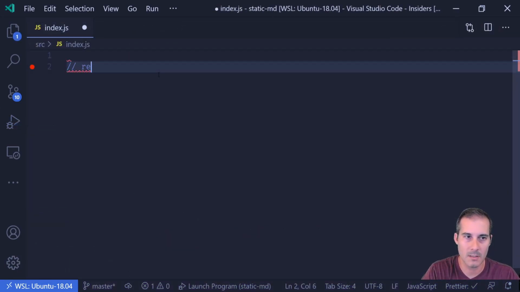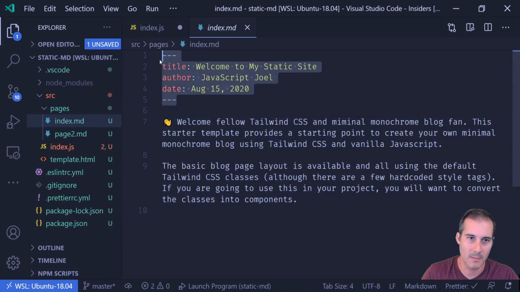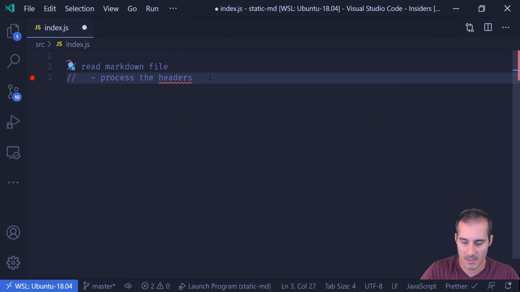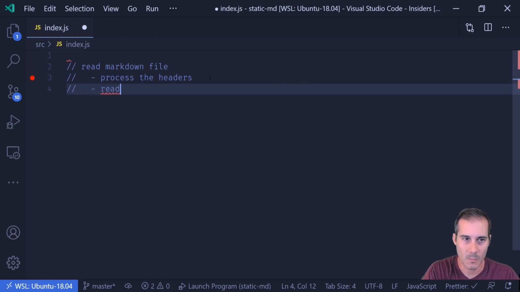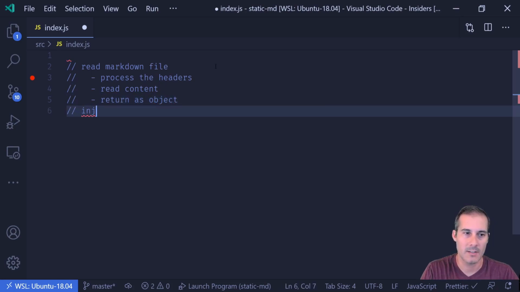So the first thing I want to do is to read the Markdown file. I want to process the headers, and what I mean by headers is the metadata up here. So I want to be able to get title, author, and date, as well as the content. So let's say I want to process the headers. I want to read the content, and then I want to return it all as an object. The next thing I'd like to do is inject this into the template